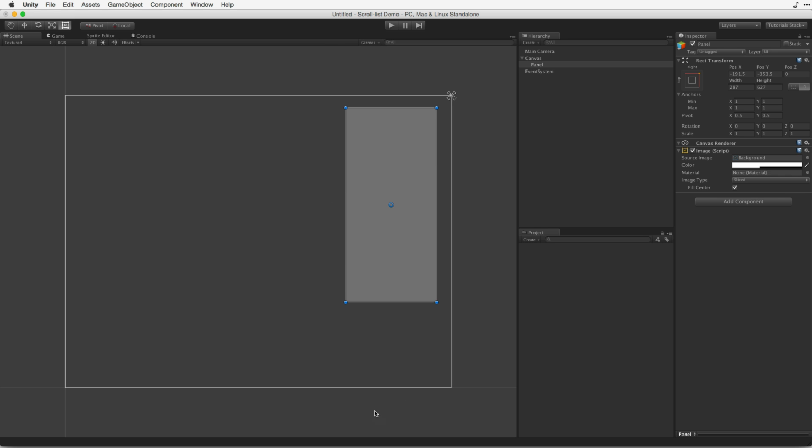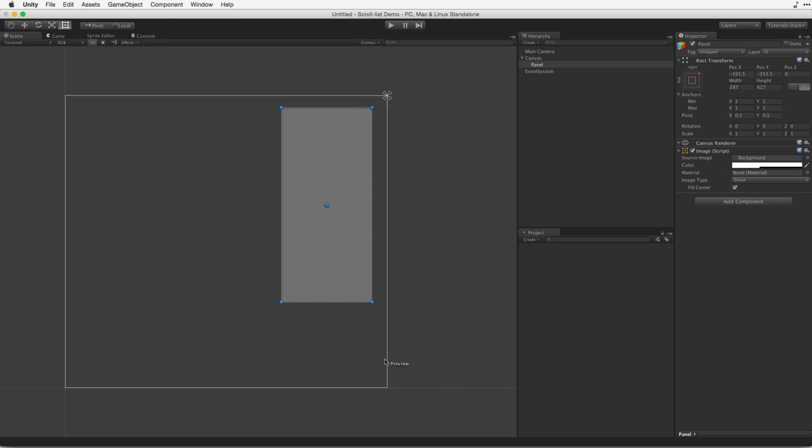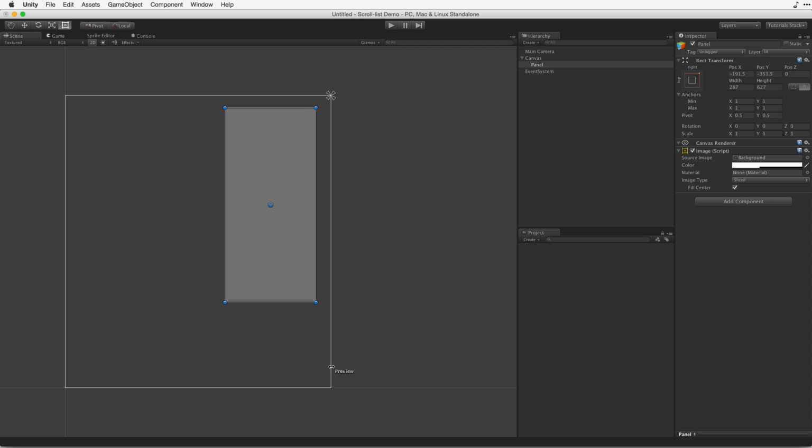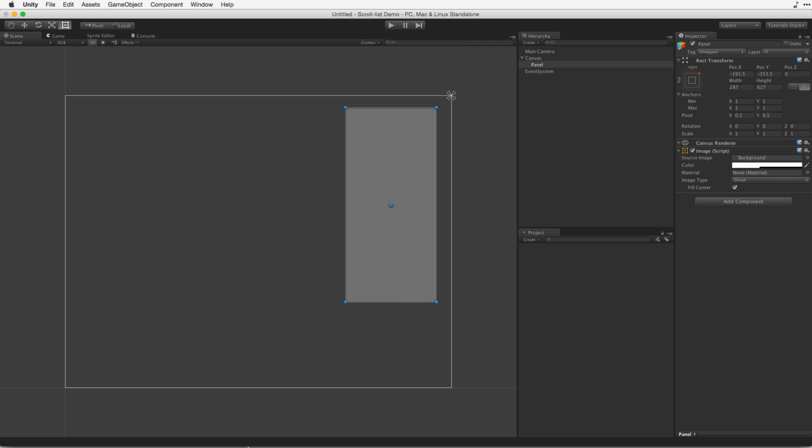So that's the preview mode. And if you didn't know that, when you're clicking on something, you can preview the panel by grabbing the rect transform of its parent, and you can see that there's a little preview, and it'll snap back when you let go. So there we have our basic panel, and that's where we're going to put in our scroll